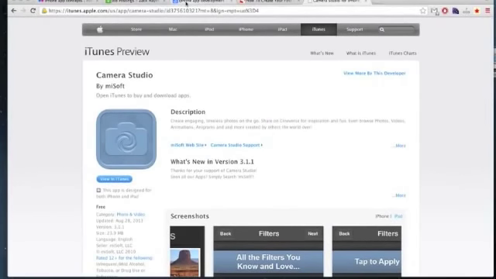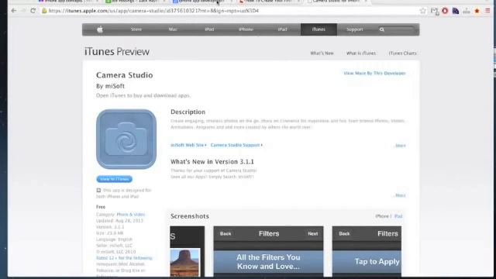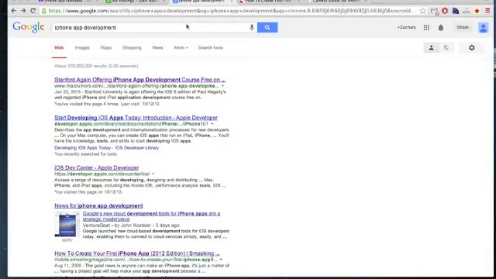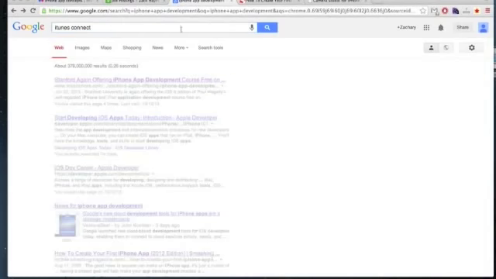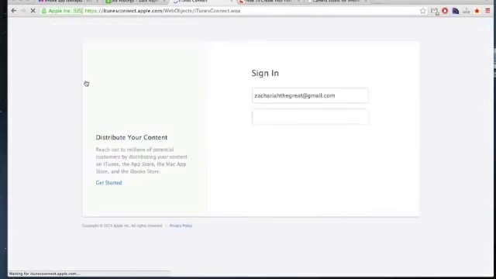Now, things you're going to need. You're going to need an Apple developer's account. Now, Apple is not about doing stuff for free. So you have an iTunes Connect, an Apple account. It's $99 a year. You get access to all their dev forums, all the betas,